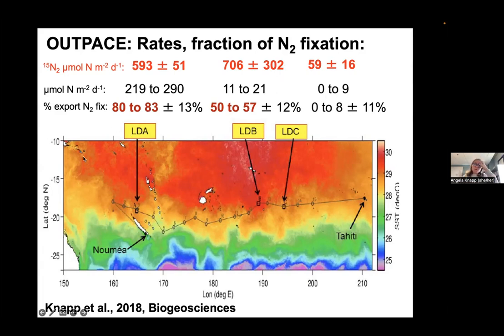And so we had predicted that there would be higher rates of nitrogen fixation to the west of this transect than to the east because of atmospheric dust deposition. There's decent amounts of dust here, and nitrogen fixation has very high iron requirements for the enzyme that carries out nitrogen fixation. So we know that that is the sensitivity of this process. But what we were surprised about was how much nitrogen fixation was going on at this station B, especially compared to station C. And so my French colleagues went out again